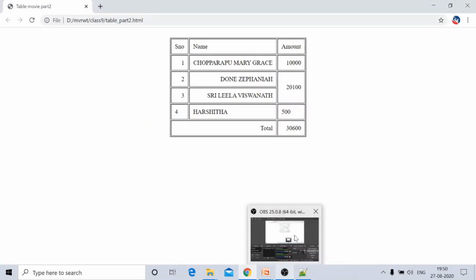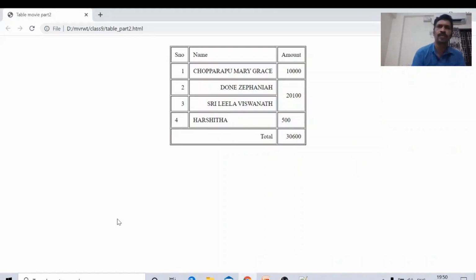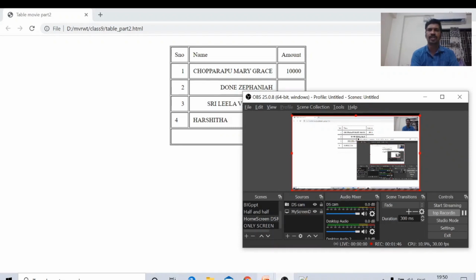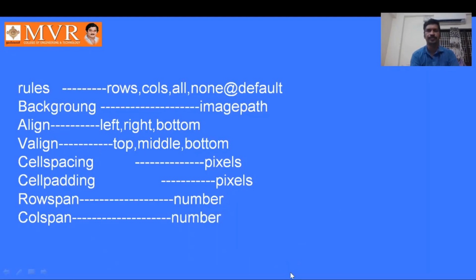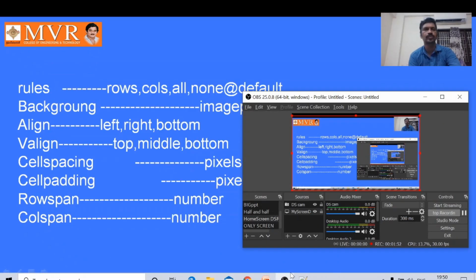In this fashion, we will write about tables. Row span means rows wise it will be spanned. Col span means column wise it will be spanned. Okay, these are the tags used in HTML. This is A to Z information about table tag in HTML. Once again, fastly I will review what we have covered. Table, tr, td. These are the basic things we have to know about table tag in HTML.